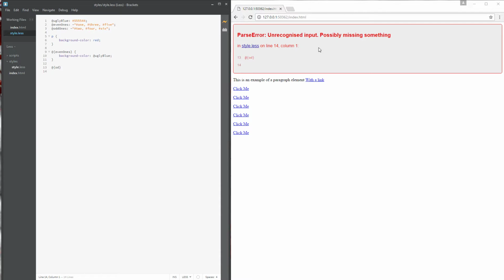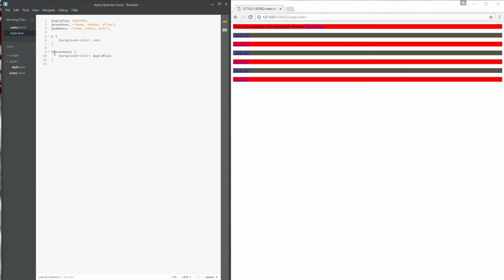It freaked out. This is nice because during the JavaScript parsing, we get an unrecognized input, and it tells us line 13, this OD, it's not real. So whenever we hit that, it changes it a little bit. So we get even ones, which I actually named wrong. So these are technically odd ones, and these are even ones. Now when we save that, we see 1, 3, and 5 go back to red, and we see that the other ones aren't. So now if we go to odd ones,